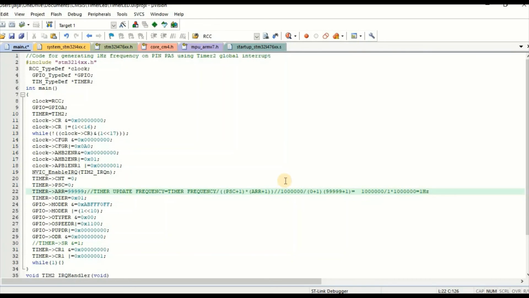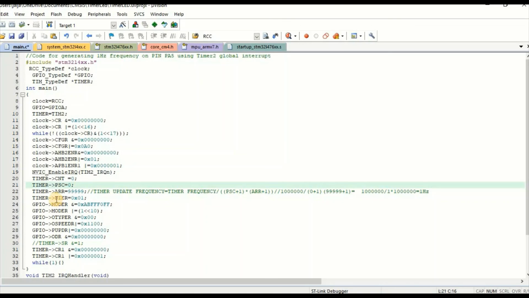So you will get a 1 hertz update frequency from timer 2 if you put these two values, prescaler and ARR, in their respective places.